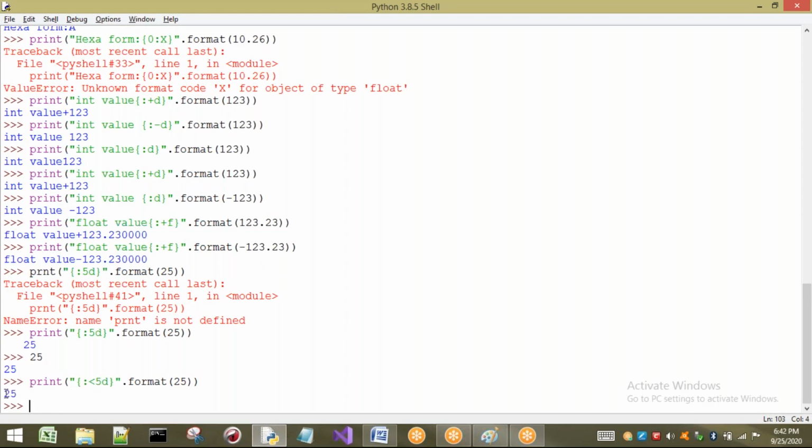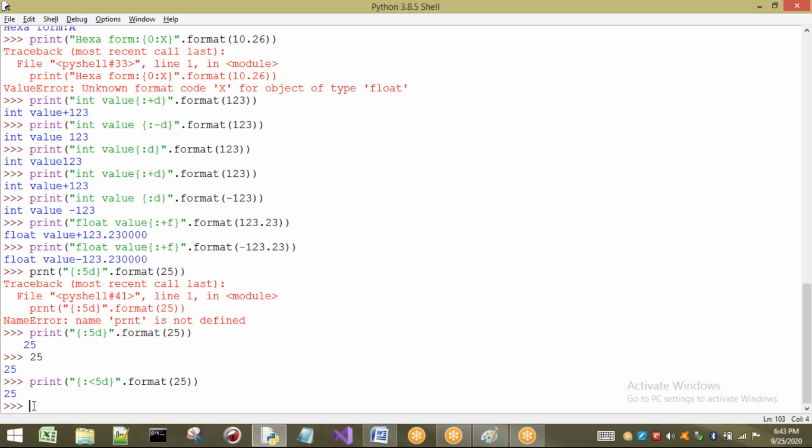Here you can observe: 1, 2, 3, 4, 5, up to here only the value is there. If I print the next one, it will come on the next line. The total number of characters printed is 5, because here I gave 5. Just observe that the alignment is on the left side.